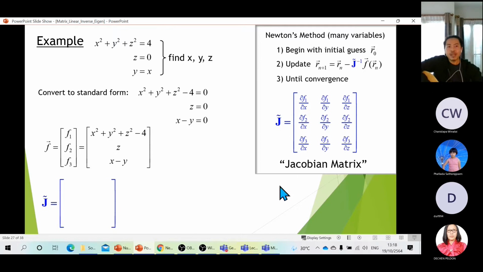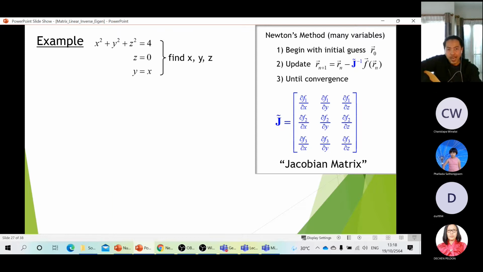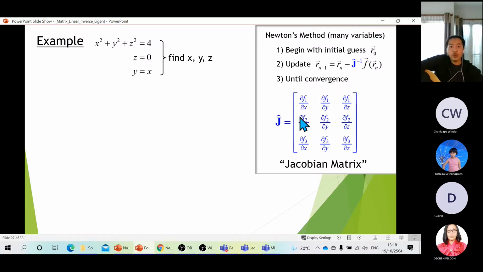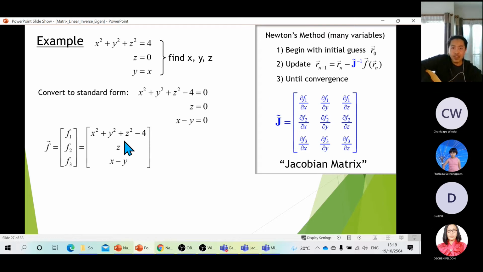So what is the J matrix? It is the Jacobian matrix. It is a first derivative matrix. Very similar, let me go back to the previous slide for the one variable case. Very similar to a single x. Here we have f prime, the first derivative value. Now it becomes J, the first derivative matrix. So how do we do this? We just take the f function, which we have already here, and then take the derivative with respect to x, y, and z, according to this formula here. It takes a very simple math skill.